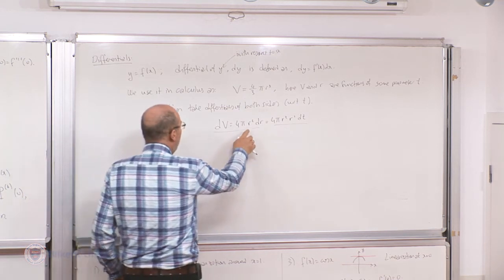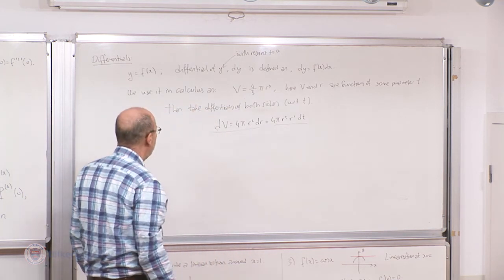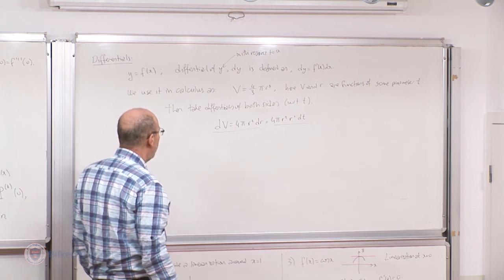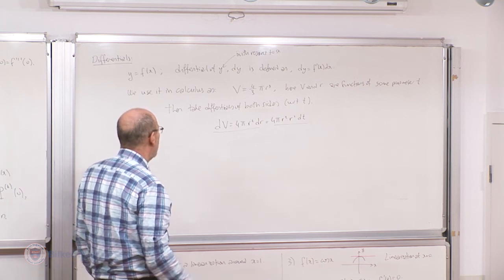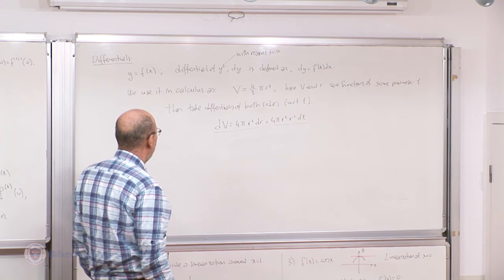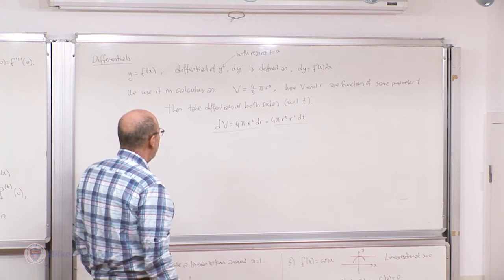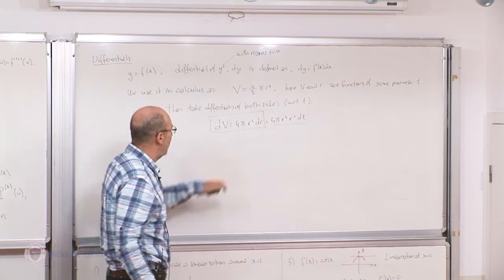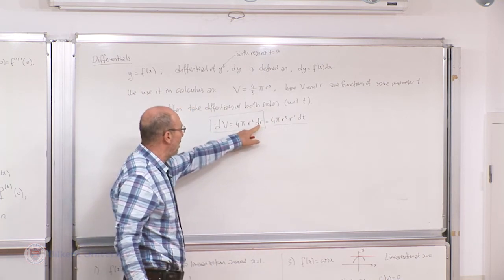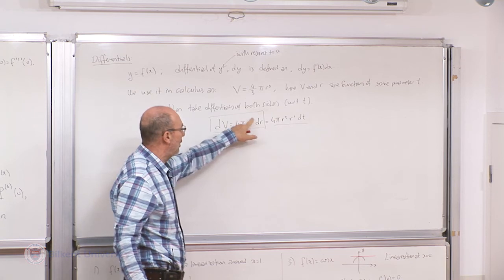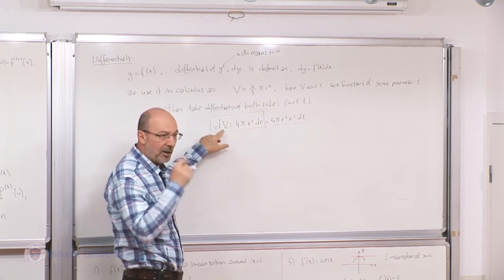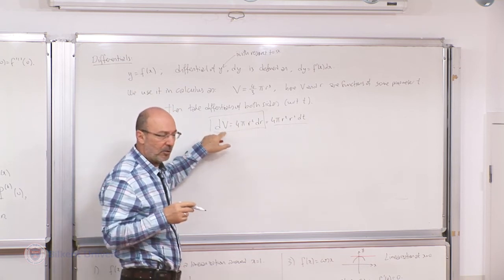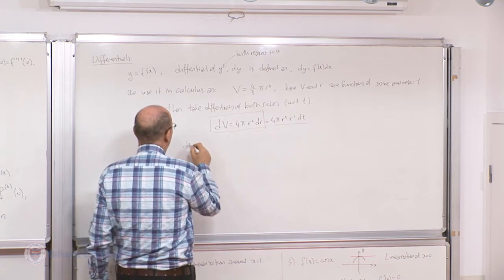So for example, if we are here, you see these are all artificial games, so I'm trying to invent something. If you look at only this much, this says that if r changes a little bit, then you must multiply it by this much to calculate how much the volume is changing. Divide both sides